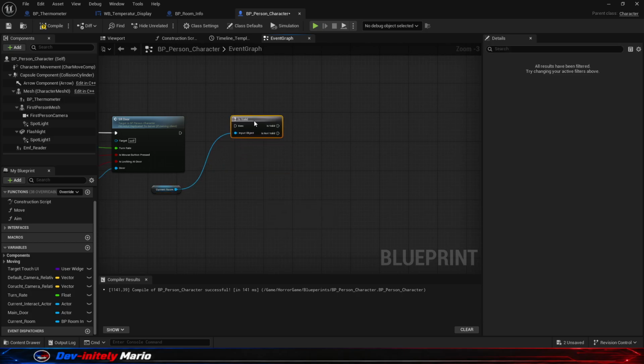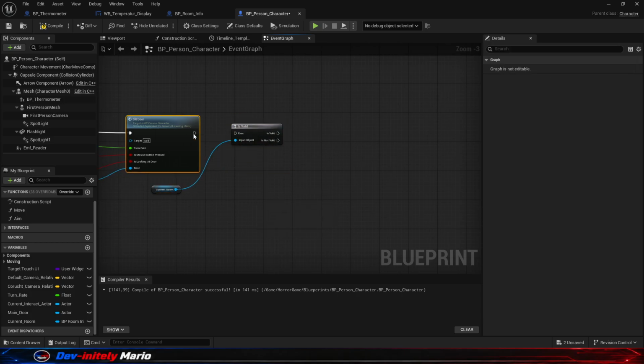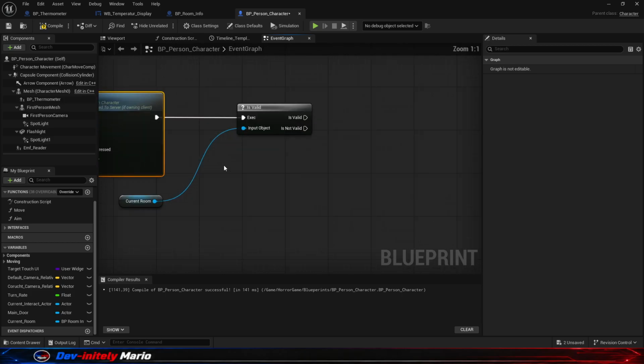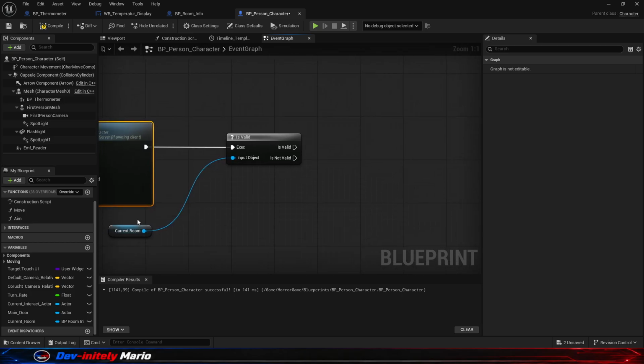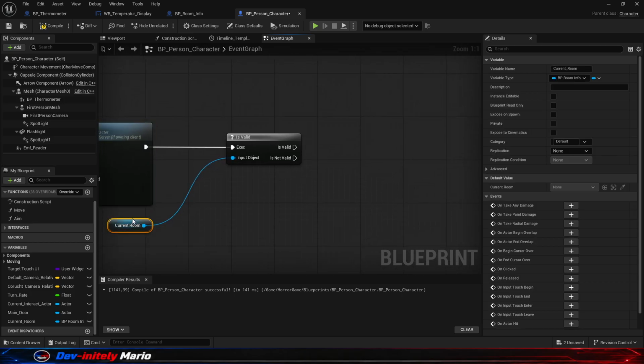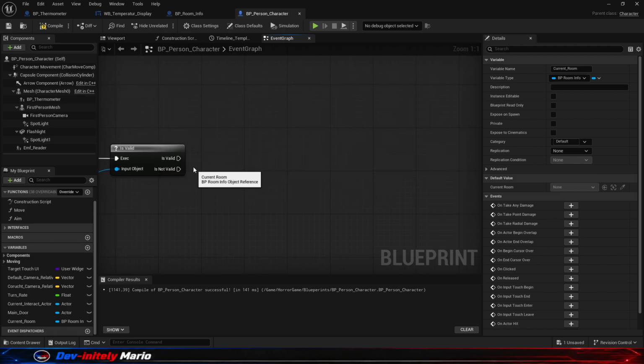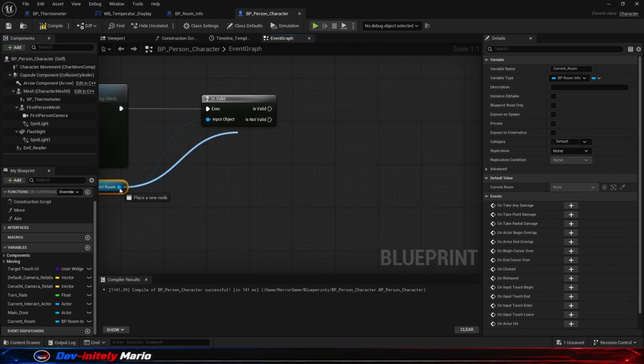The right is valid. We see if the current room is valid, this means it's not null. So when the current room is valid, we want to use the